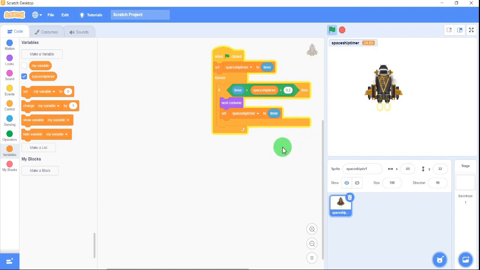Now, guys, what does this script mean? You see, the first time the real world timer is started, 0. And then this one is saved to this spaceship timer. Both of them are 0. Now, as the timer is adding, 0.1, 0.2, 0.3, it's always adding, but the spaceship timer is always 0. So 0 plus 0.2,